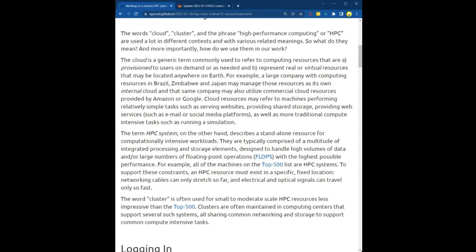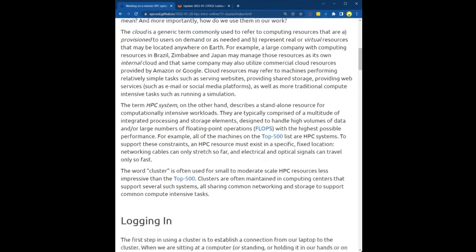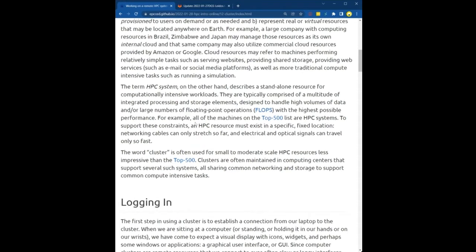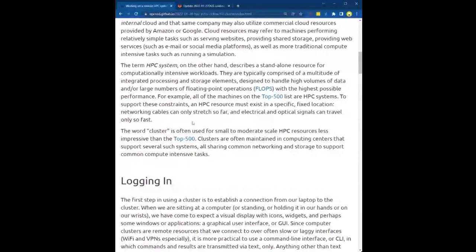They're also designed to handle large amounts of data and what we call flops, or floating point operations, which are what GPUs are really good at. If you look at the top 500 list of HPC systems, they are usually